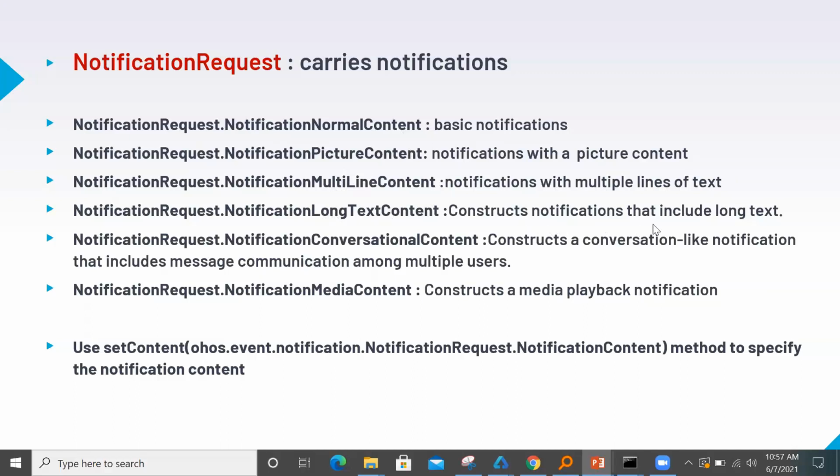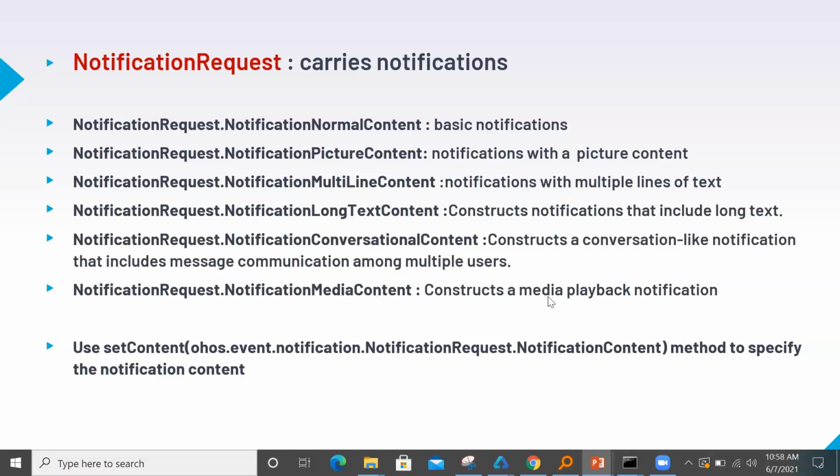Next is long text content, which constructs a notification including a long text. This is different from multi-line. In long text, we have a limit of 1024 characters, whereas multi-line means up to 7 lines. Conversational content is like a conversation, where we have a reply and so on, like in WhatsApp, so a similar UI will appear.